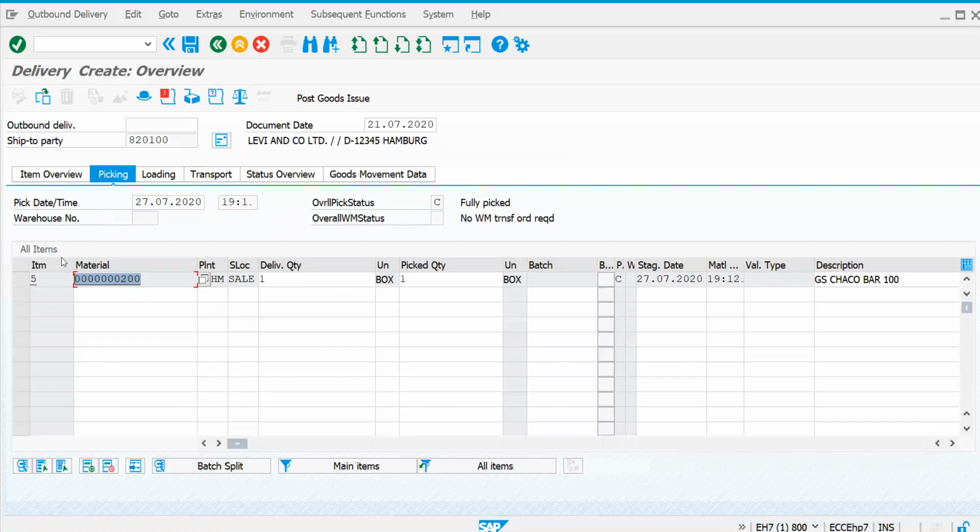In a similar way, I can pick 1 CHM and sale. So let's try to pick some quantities.